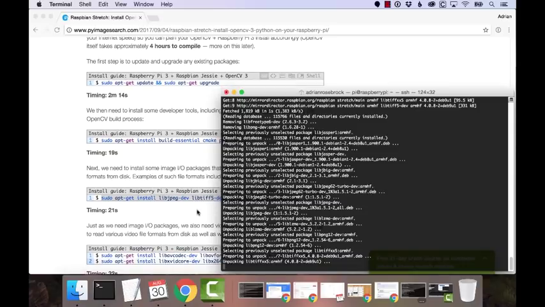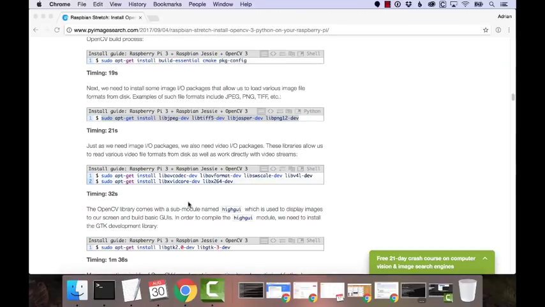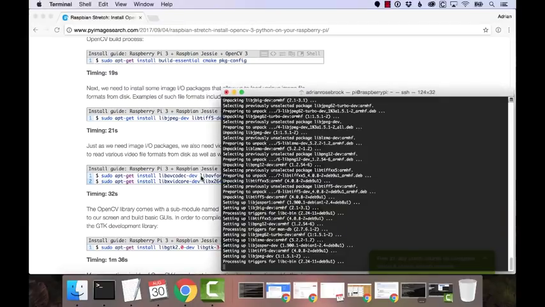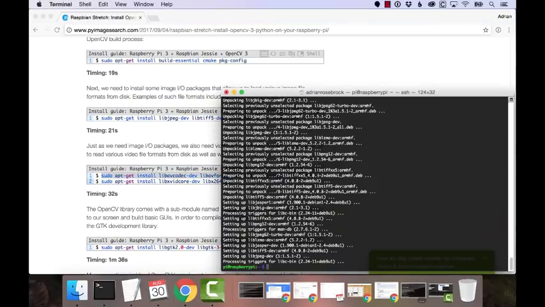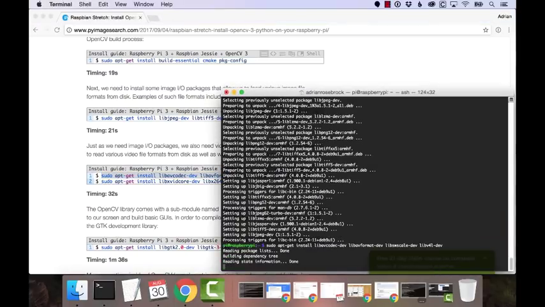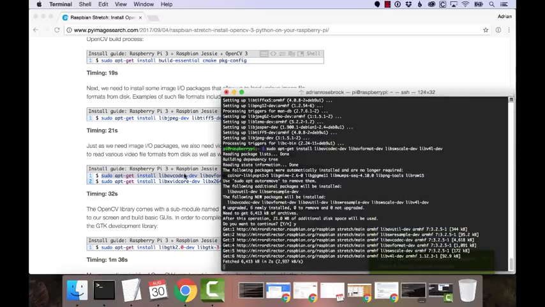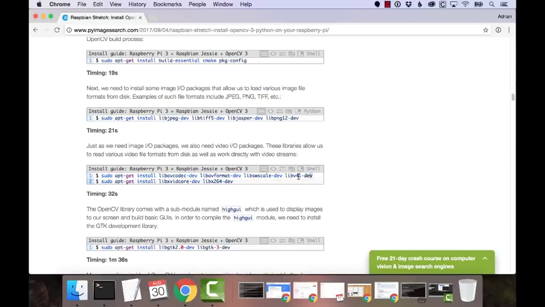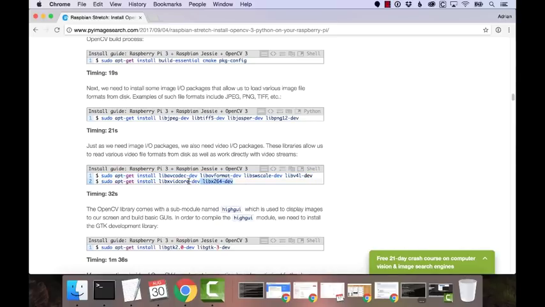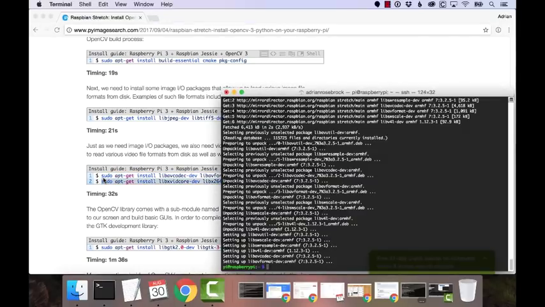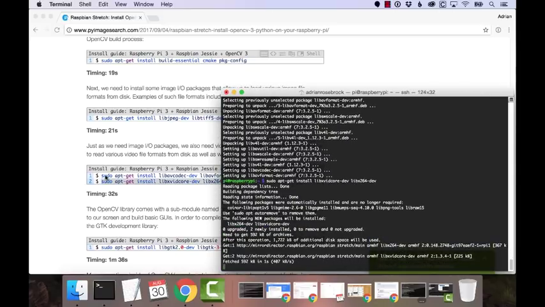I'm going to let these finish up installing, and then we can move on to the video I/O packages right here. Again, just as we have image I/O packages, we have video I/O packages. These allow you to read various video file formats from disk. So I'm going to go ahead and install these. Again, make note that it's actually 2 lines of commands. This first one up here. So do this one first, and then when it completes, you can move down here, copy and paste the command into your terminal, and let that install as well. So I'm going to do that real quick, and then from there we can move on